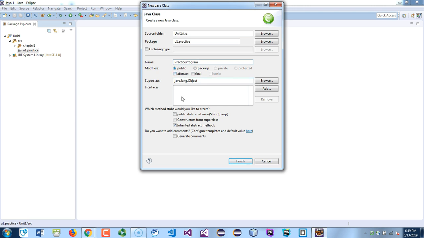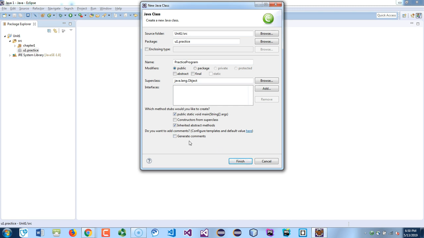We want that. And then down here is the main program, so we need to include the public static void main. Maybe not all IDEs have this option, or some add it by default automatically, but this is just part of Eclipse that gives you this option. If you want to create it, you check that box. If you don't, then you have to create it yourself manually. And just go ahead and